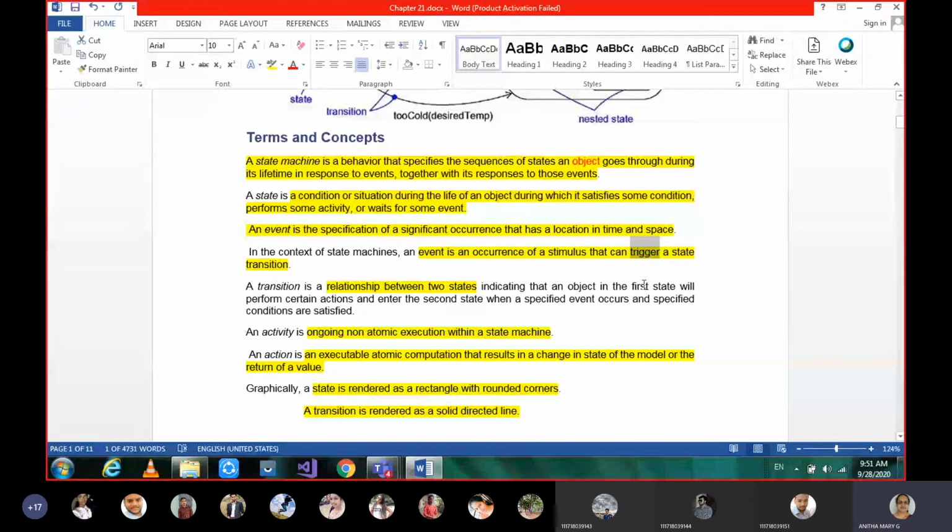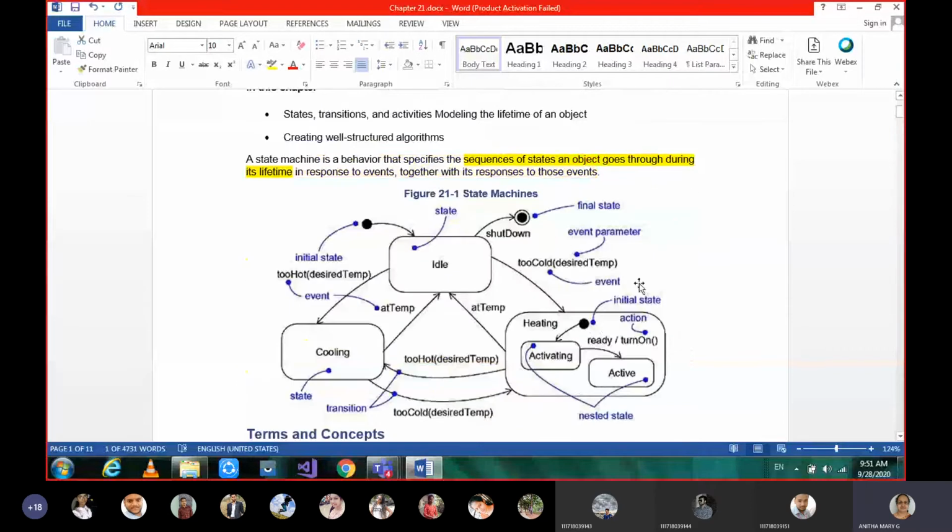So the first state here in our example is the idle state. Maybe the second state will be the heating state. Okay, so based on the event occurred there. If you keep the switch on permanently, then its second state will be different. And when you switch on and off the heater or the geyser, the second state, the heating state, will go. So this is one set and this is the other set. So that is what I am talking about there.